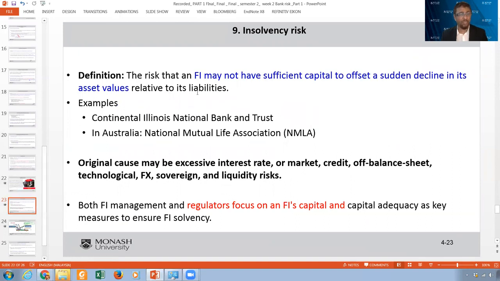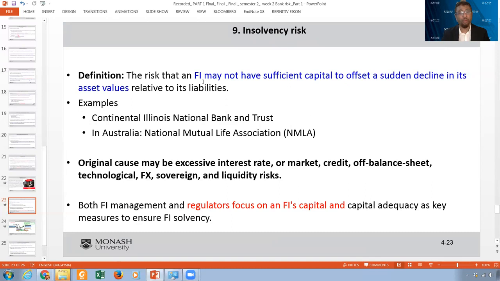Now, we have insolvency risk. Insolvency risk is actually the capital risk. What do we mean by capital risk? Please understand that all banks, and this is a very important issue for the regulators, when they talk about tier 1 capital, total capital, or tier 2 capital, and we will talk about those later on, have to have enough capital to buffer losses. Losses from operation, credit risk, market risk, liquidity risk, and off-balance sheet risk, there will be losses.